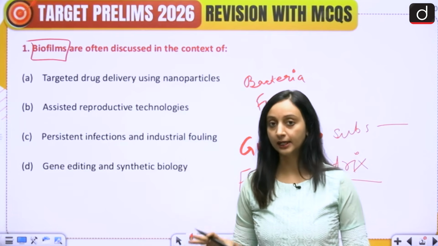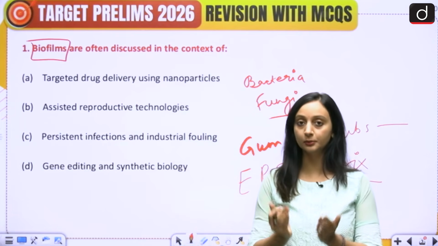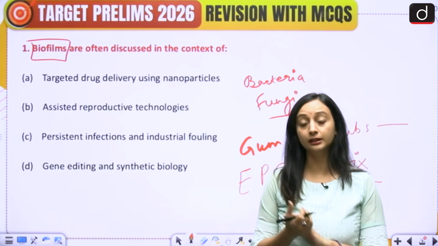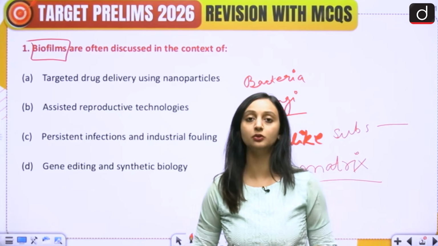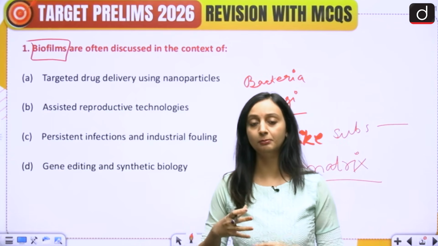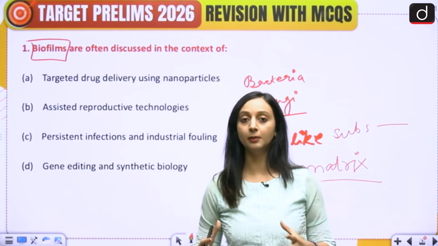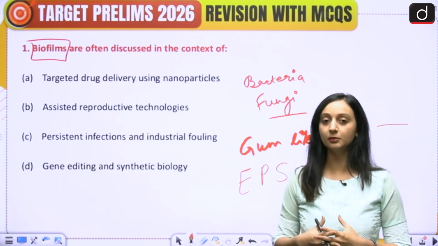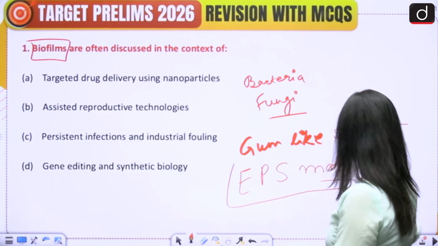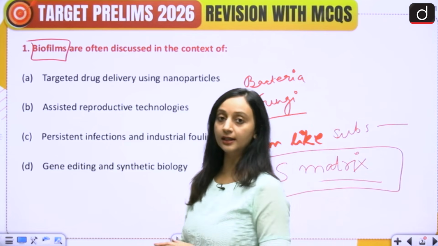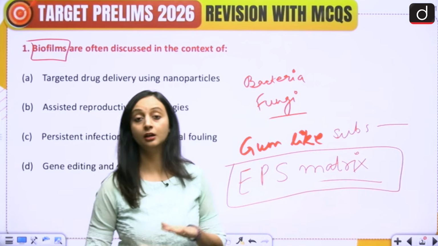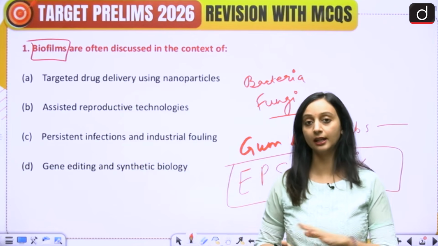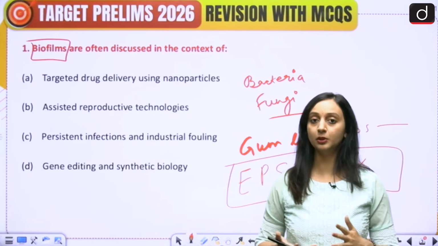Now these can be found on any surface. Biofilms are structured communities of microbes that start developing on any surface. The surface could be teeth, any medical device, any industrial device, any pipe or anything basically, where these structured microbe communities can come together. Microbes stick to each other because of the EPS matrix, and then they attach themselves to the surface of any object. Now this is problematic because if the microbe community starts sticking together and attaching itself to the surface of any object, it will not do good to anybody.